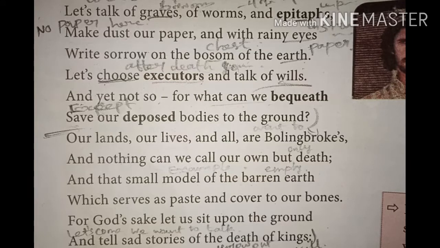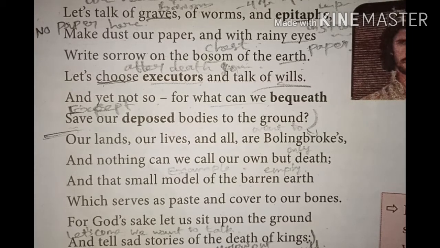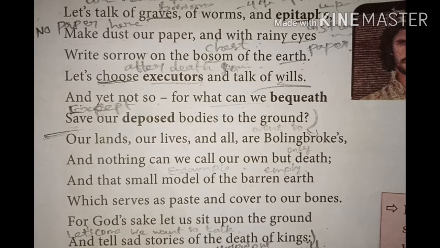Okay, good evening, students. Today we are going to see the poem "The Hollow Crown". Actually, "The Hollow Crown" is a poem written by William Shakespeare. The poem is taken from the play Richard II. Already in the last class, I told you the background of the story and the author introduction very